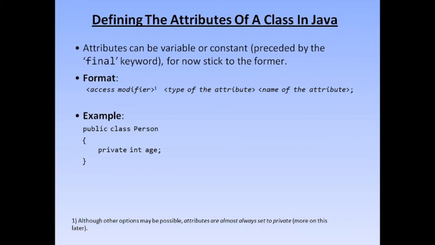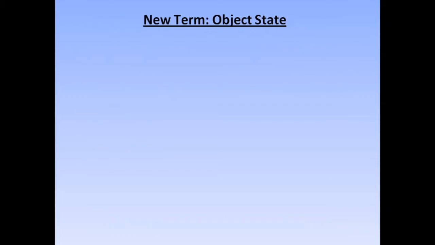Now, how can we define the attributes of a class? As you can see in this example, a person class has an attribute of age. First, we start with the declaration of the class person, and then inside the curly braces, we first provide the scope of that attribute. Here in this case it is age, and we also specify the data type.